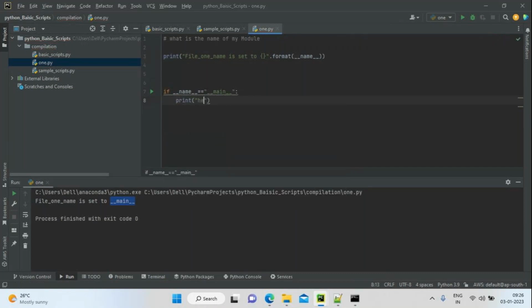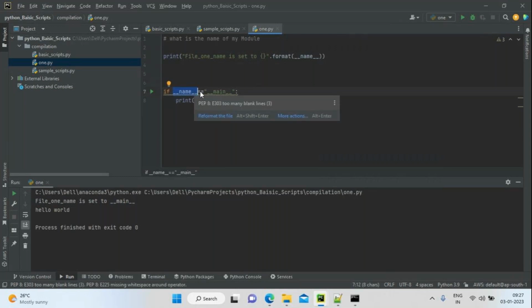Print hello world. I'm going to run this program. How is it running? First I'm getting the module name as __main__. If __main__ equals __main__, then it's printing hello world. The Python interpreter sets this name because I am running this module. Both get compared, the bool value is true, and it's printing hello world. This is the execution point for Python 2.